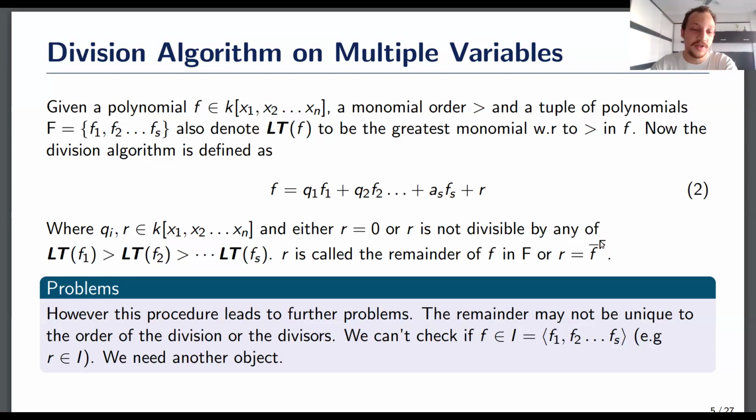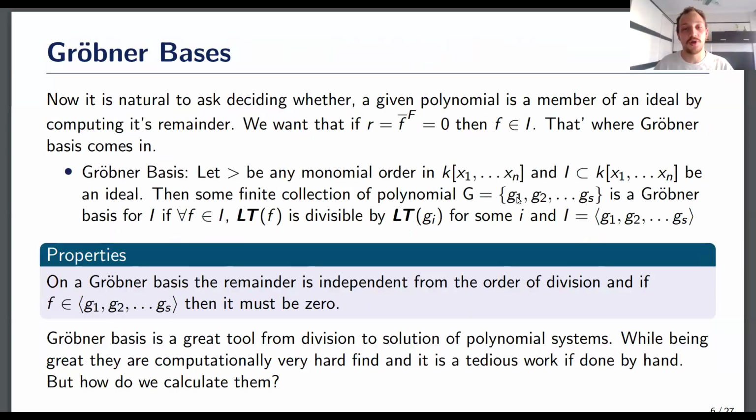However, this definition gives several problems. First, if you change the order of division, the remainder may not be unique. And the main purpose of the division algorithm is to check if f is in an ideal. And if R is not zero, we can't always check if f is in the ideal. So we need another object, which is the Gröbner basis, which is defined as